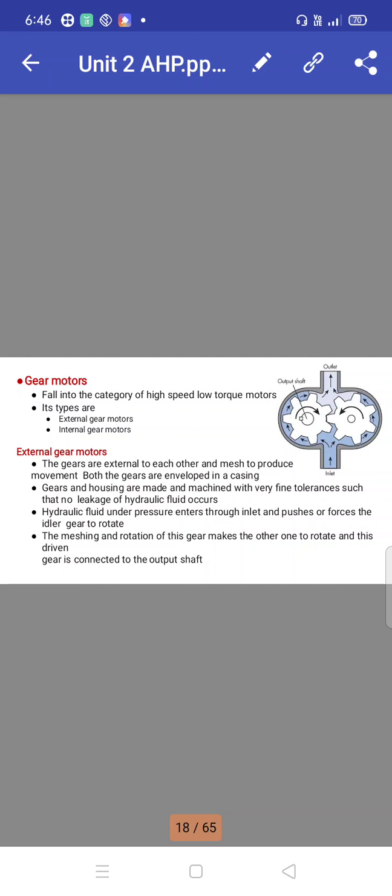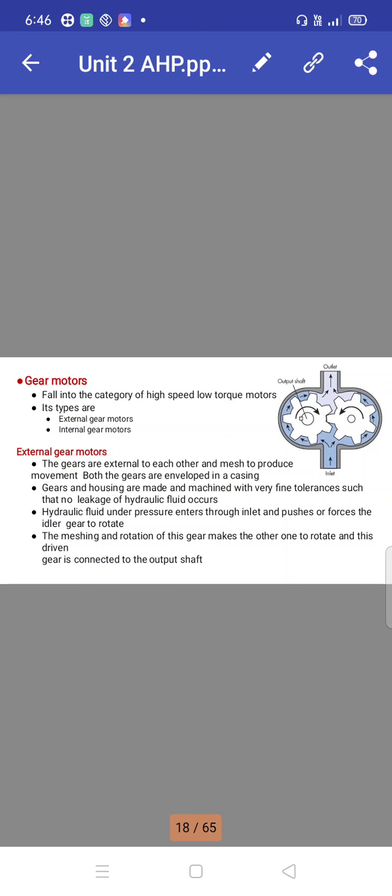Torque is especially used to transfer a larger amount of load. If we want to transfer more load, we prefer high torque. If there is not much load to be transferred, we prefer only low torque. Torque and speed are in the opposite sense. If we want more torque, the speed will be less. If we want low torque, the speed will be more. So these are the things.